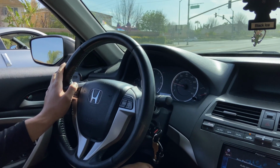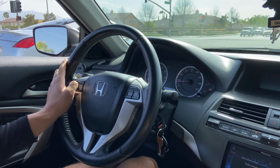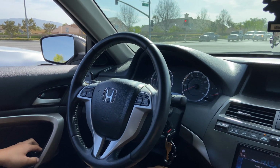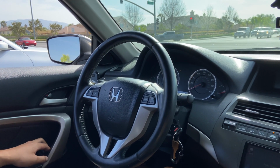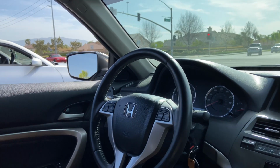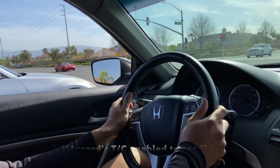All right, so we're gonna do one last dig. The Accord is at a disadvantage because it has me in the passenger seat and it's front wheel drive versus rear wheel drive, but let's see if we can do something here. My God, it's Calvin. We're trying traction control on. You see,